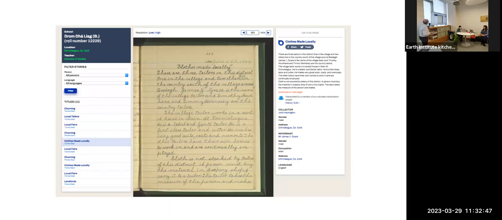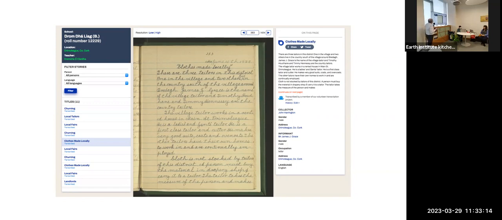Here's an example of how we present information. The original image or page, the manuscript page, the essay written by the pupil, is in the center. The associated metadata is around it, to the right here, with details of who the collector was, and we consider the children were collectors in their own right, folklore collectors.